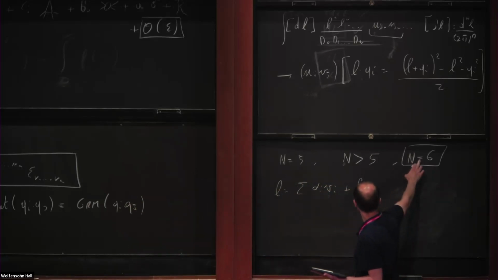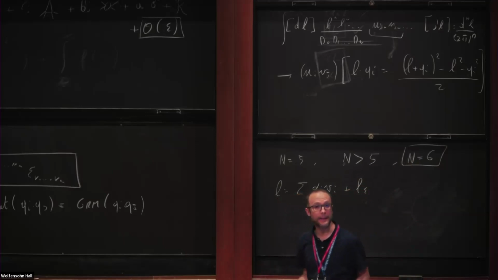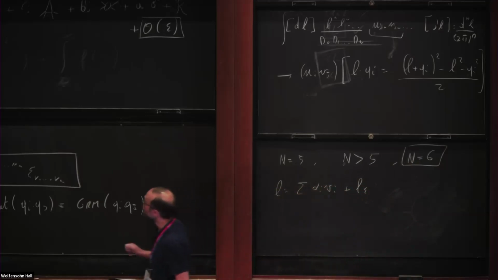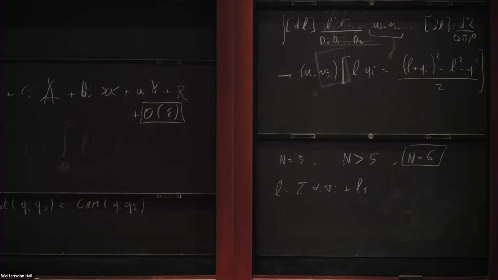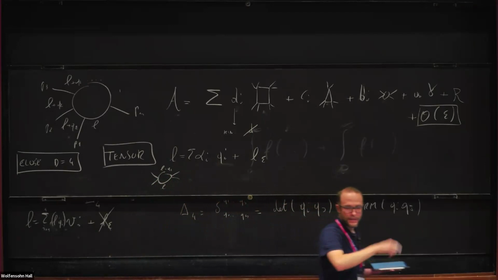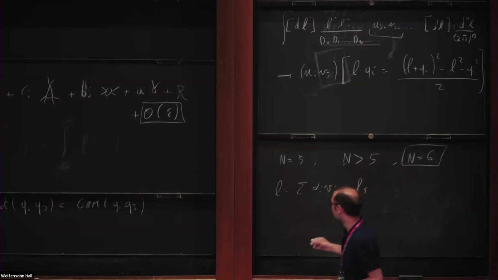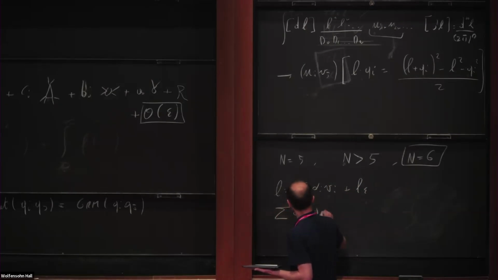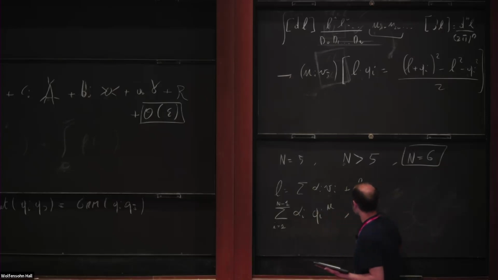Now, if I have 6 or more propagators and I live in a space which has at most 5 degrees of freedom, I must have some relation between them. In particular, we have to go back a second to this. Okay. So you see I have Q1, Q2, Q3, so Qn doesn't exist. Just imagine I have a bubble. So this is L and this is L plus Q1. When we consider all the Qn's, they go from Q1 to Qn minus 1. So the statement that all these momenta, which are more than 5, are independent, is equivalent to the statement that this equation has a non-trivial solution, a solution with alpha i different from 0. Okay? Then I can define alpha n as 1 minus their sum. Okay? And I can write